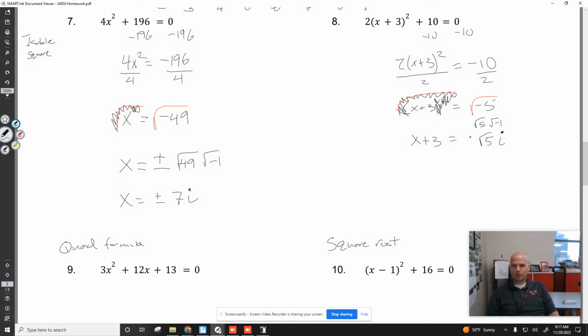Now we square rooted both sides. Don't forget a plus or minus. Okay, so we have plus and minus root 5i. Now remember what we do here. We finish off by getting rid of the 3. How do you get rid of the 3? Well, it's x plus 3, so subtract 3. Subtract 3. You may write this in any way, but there is a standard form where we put the number first,